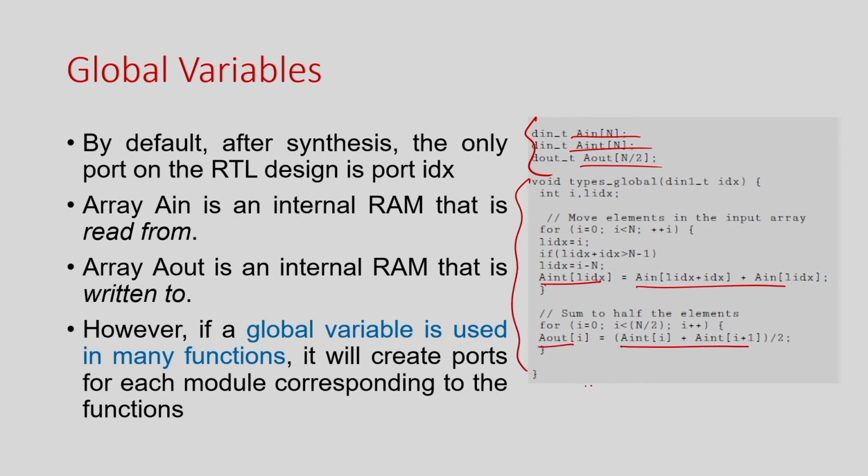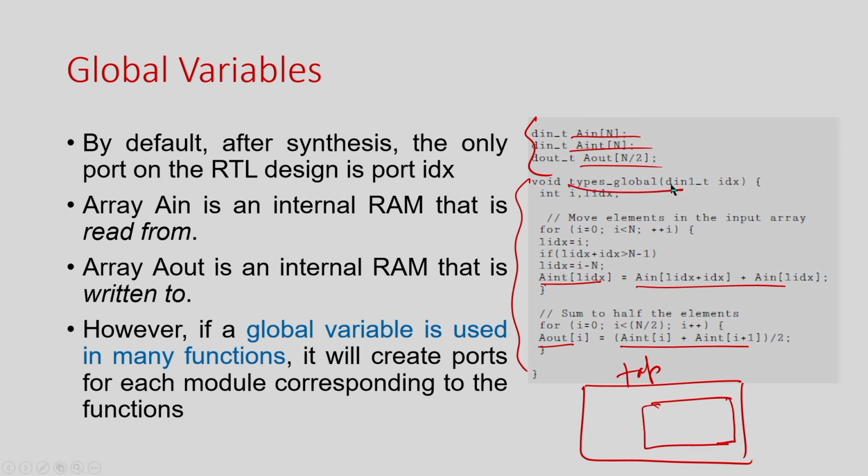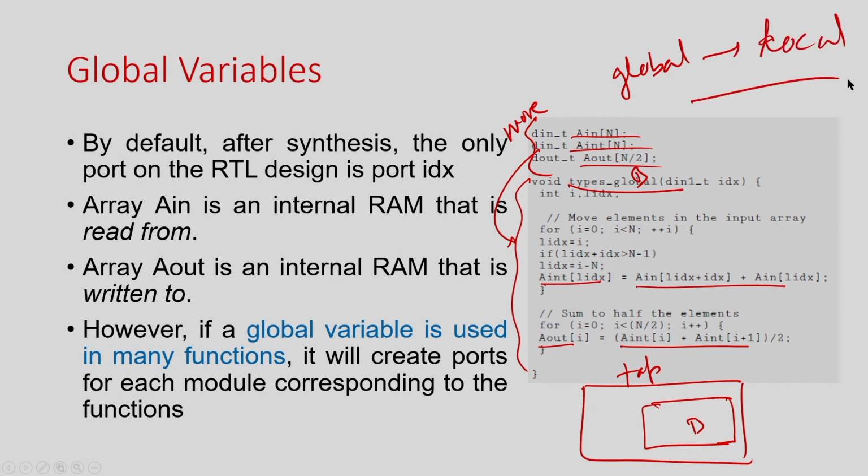So, what is it going to do? This is your top level module, and this is the module where that function is, so this is module B. Since it identified that in the whole program these variables, although they are global variables, are only accessed within this, they will move them here, right. So, this global becomes kind of local, right. If possible it will do it. Then it will not create any port, right. So, no port will be created.